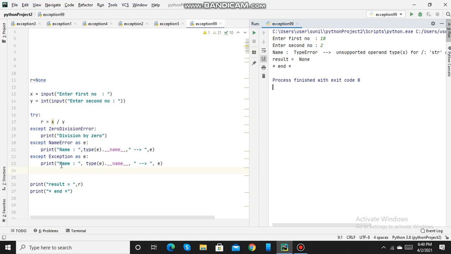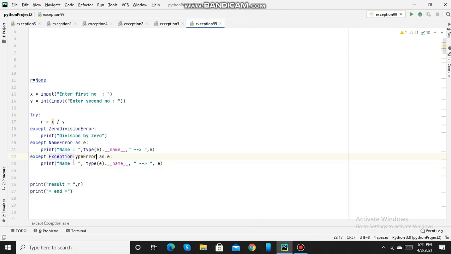So now I will make it specific for that type. I will make this exception specific now for the type error. After catching the type error, now we are handling the error.